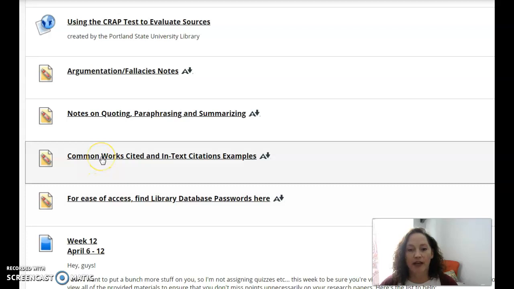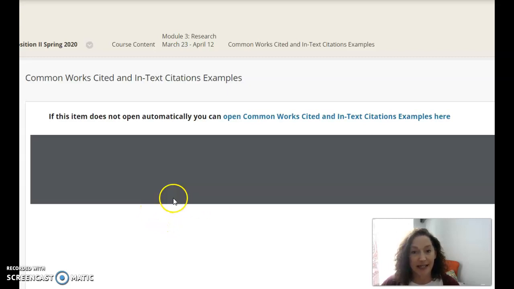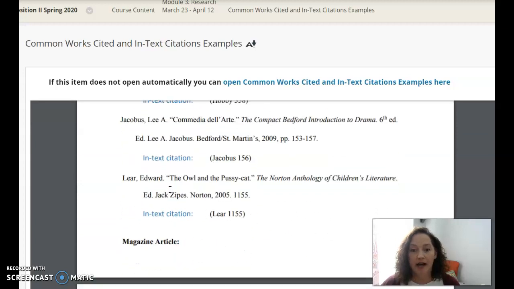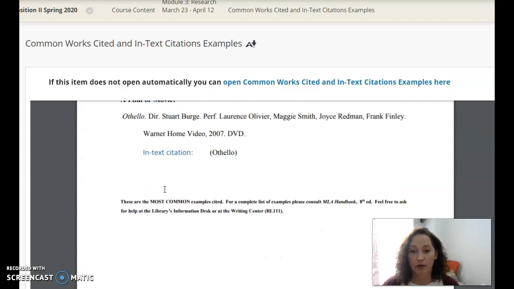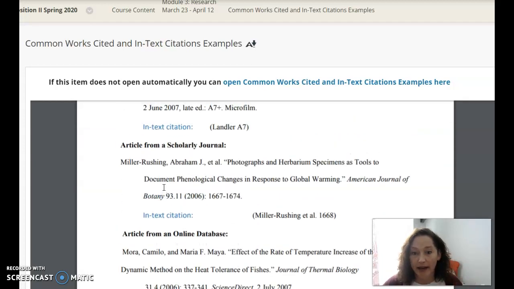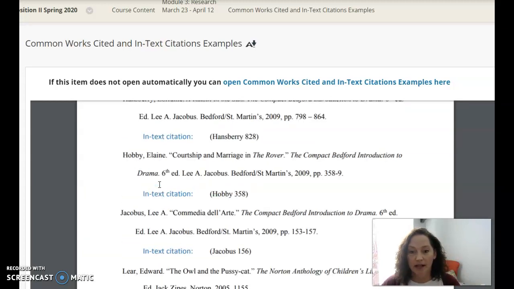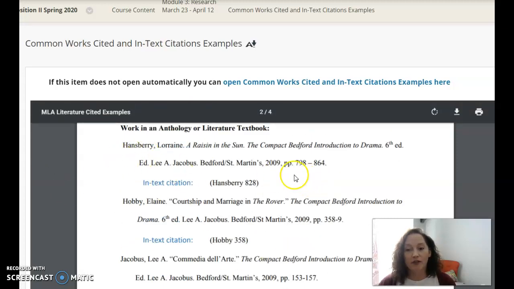Someone had pointed out that before this didn't have a page range on the anthologies, but I did edit that, so I wanted to make sure that everybody noticed that the page range is inserted in there now. When I copied it over from an old PDF file, it did not hold that, so it's been fixed now. So when you are citing works in an anthology, I think I scrolled past it, there it goes, you do have to make sure you get that page range on there.